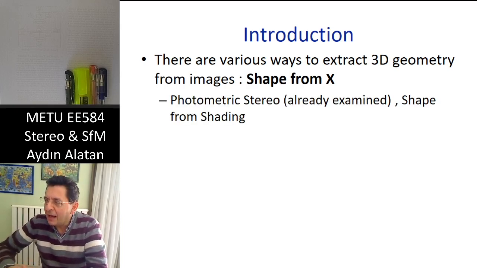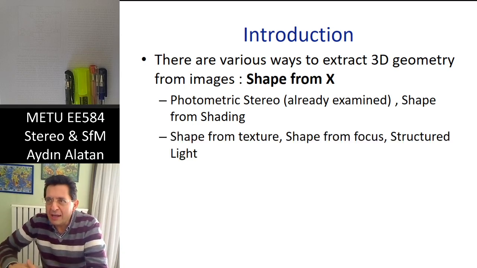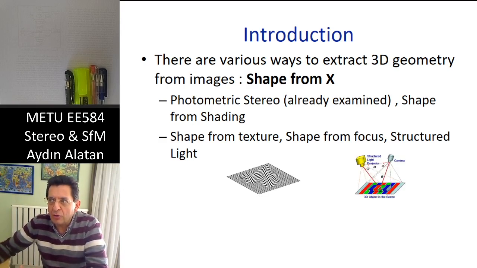And photometric stereo is also a very similar technique called shape from shading, one of the typical approaches that we can use images to extract 3D information. Although we are not dealing with them in this course, shape from texture, shape from focus or defocus, and structured light are also other techniques. Therefore, as you can see from here, texture has important clues about the 3D geometry of a